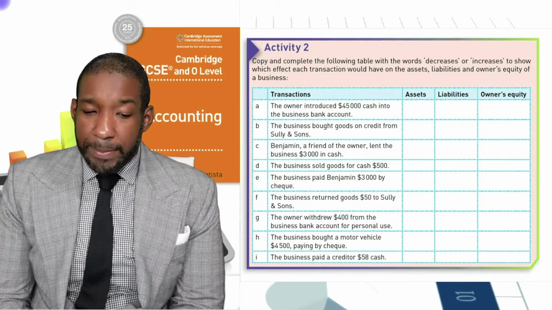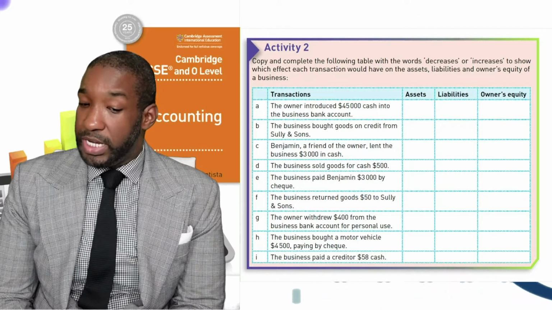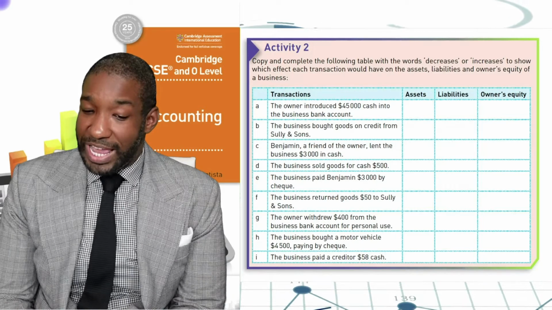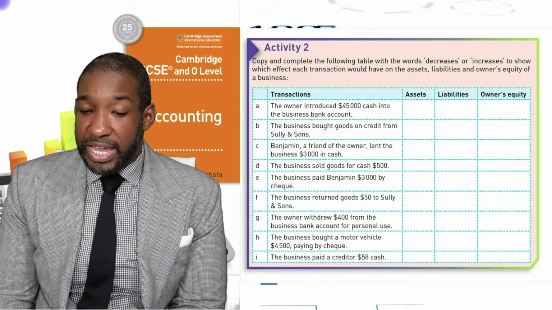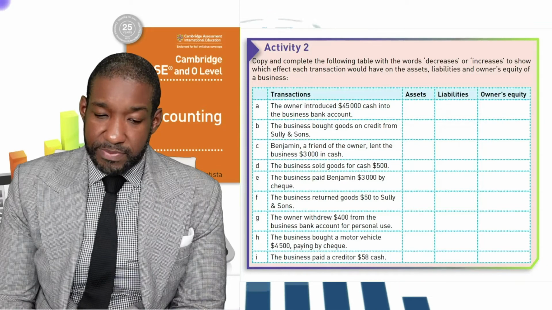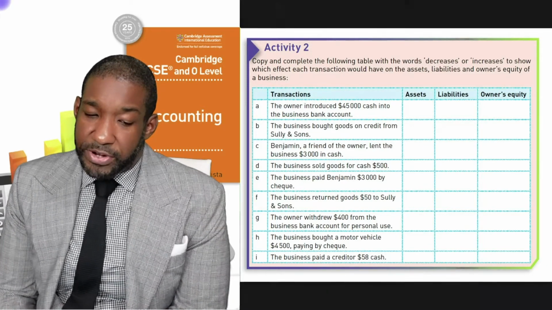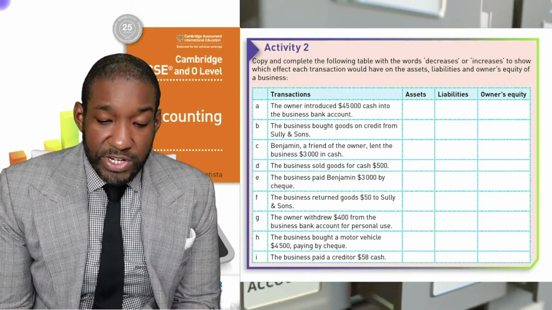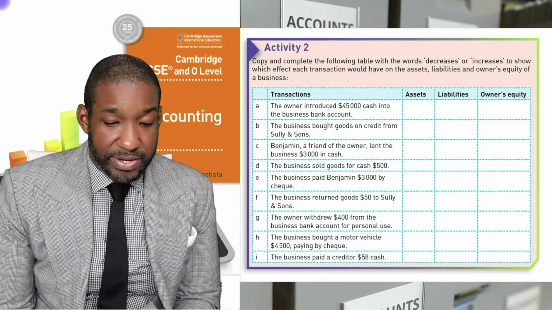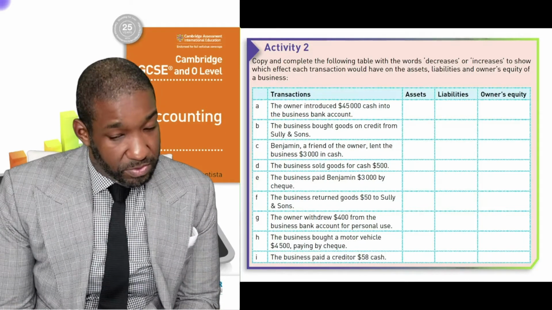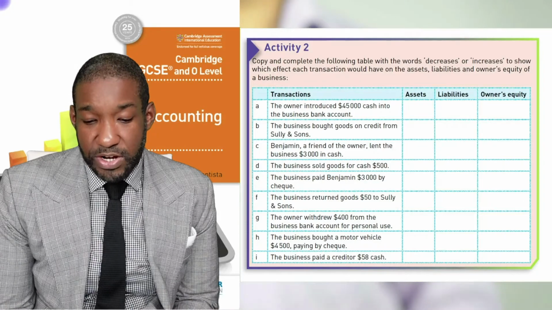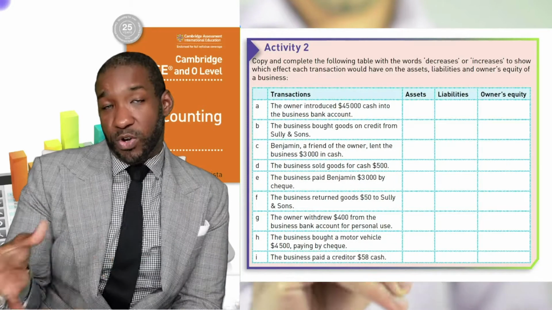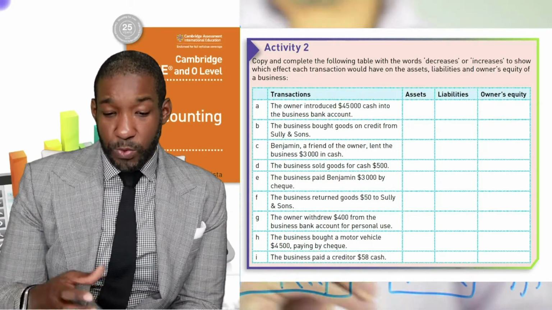Activity 2. Copy and paste the following tables with the word decreases or increases to show which effect each transaction would have on the assets, liabilities, and owner's equity of a business. So, in letter A, the transaction is that the owner introduced $45,000 cash into the business bank account. Cash, is that an asset, is that a liability, or is that owner's equity? And if it was introduced by the owner into the business, then what also goes up along with the cash